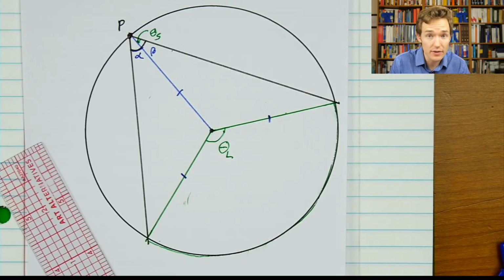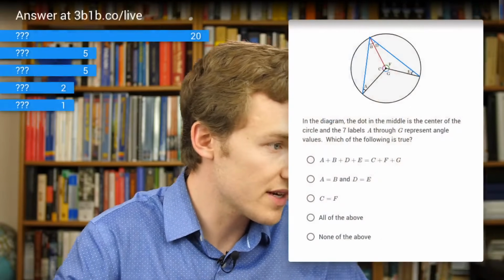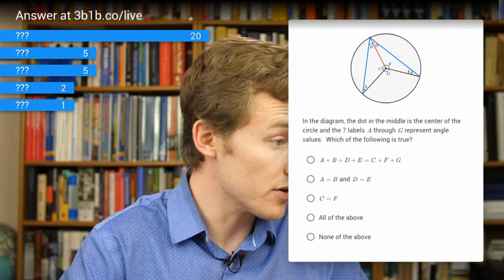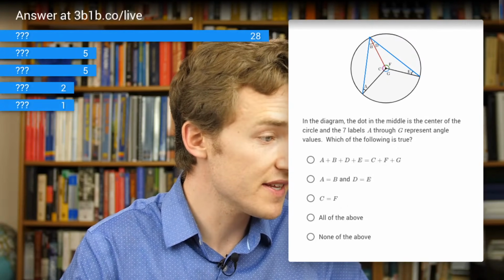rather than me telling you, I would like you to tell me in the context of our next quiz question. So before I answer that probability one for you, I'm going to pull up question number 2 for today. We've got a diagram, essentially what we just drew. The dot in the middle is the center of the circle, and I've labeled 7 different angles. I've just labeled them A through G, and what I want you to do is tell me which of these